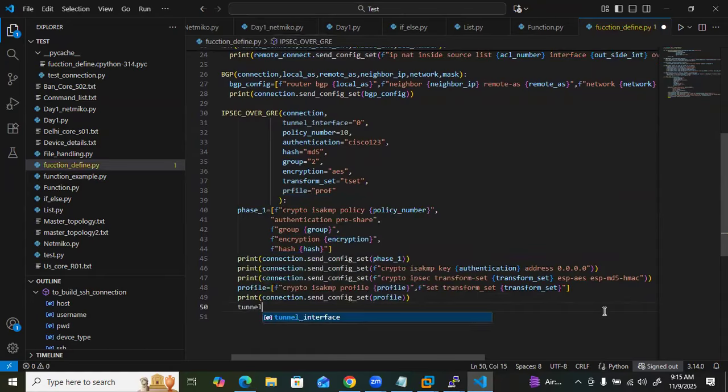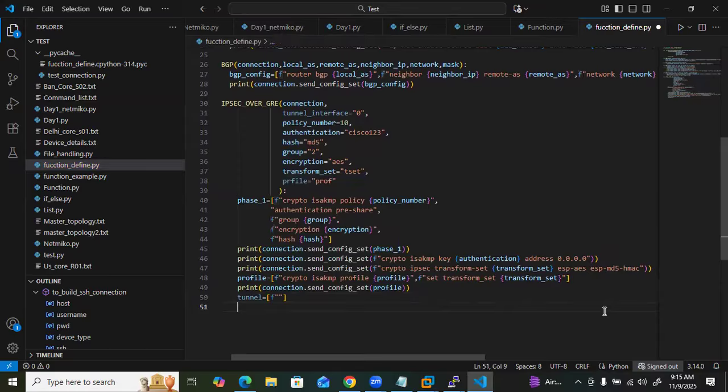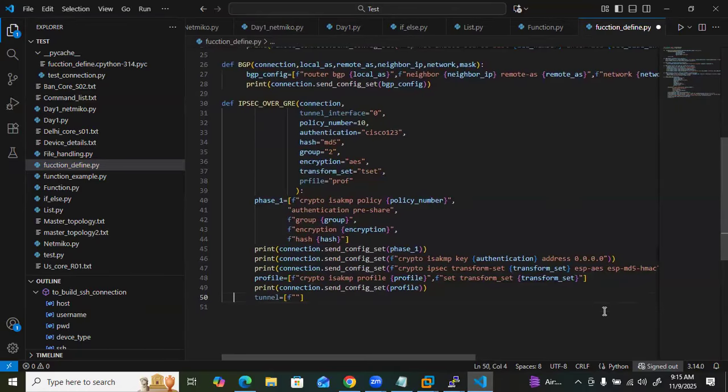So tunnel configuration, what should be there, guys? Interface tunnel number, tunnel interface, and then